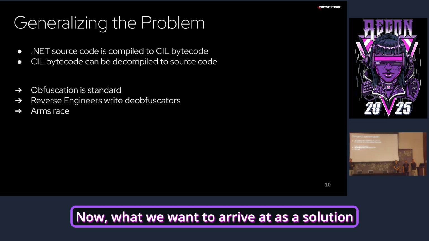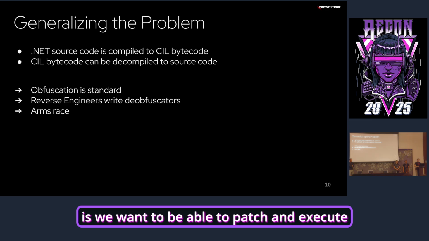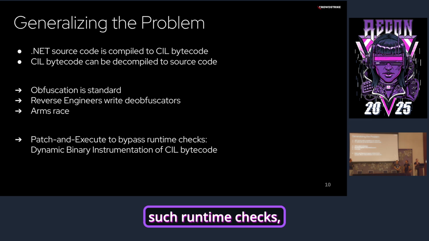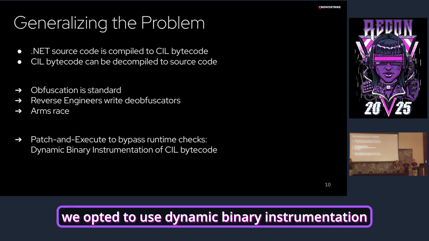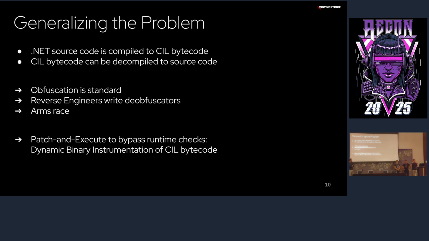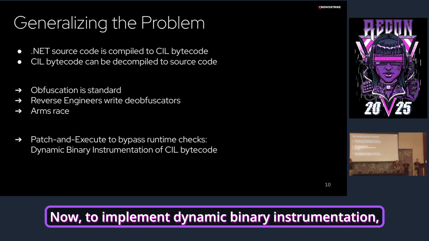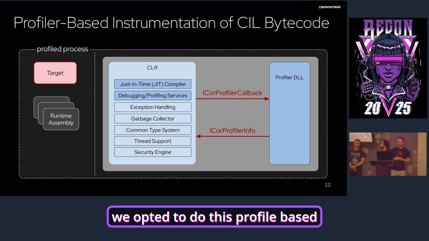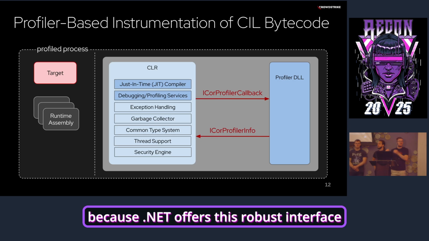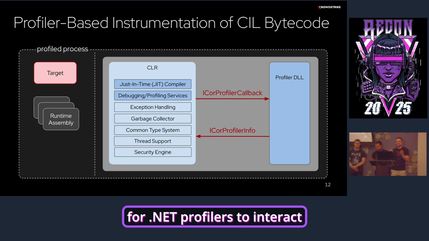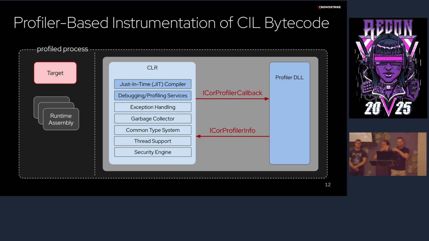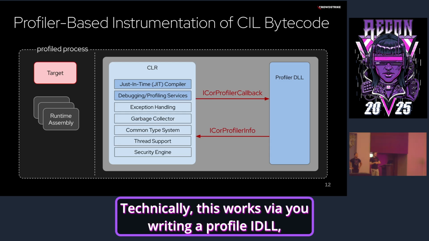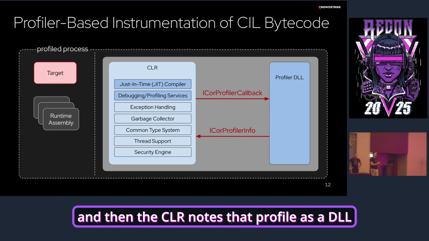Now, what we want to arrive at as a solution is we want to be able to patch and execute such runtime checks. And to implement this, we opted to use dynamic binary instrumentation at the SIL bytecode level. Now, to implement dynamic binary instrumentation, we opted to do this profiler-based because .NET offers this robust interface for .NET profilers to interact with the Common Language Runtime Environment, or CLR for short. Technically, this works via you writing a profiler DLL, and then the CLR loads that profiler as a DLL and